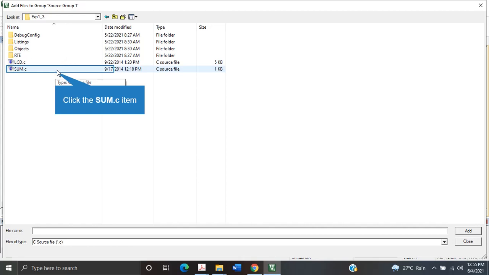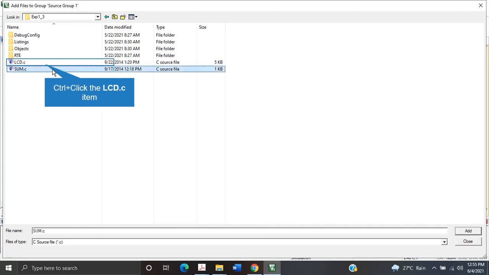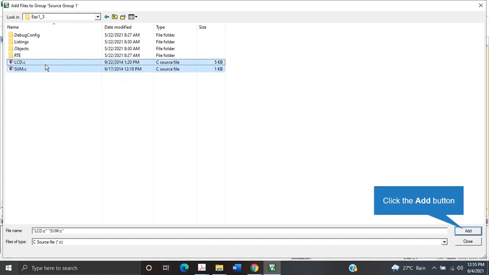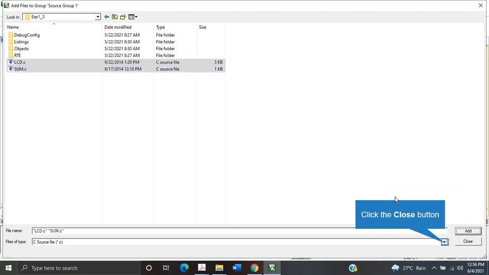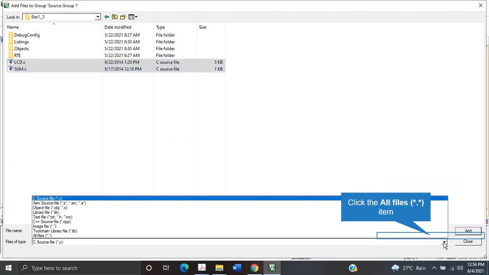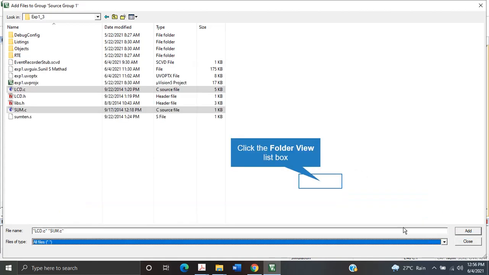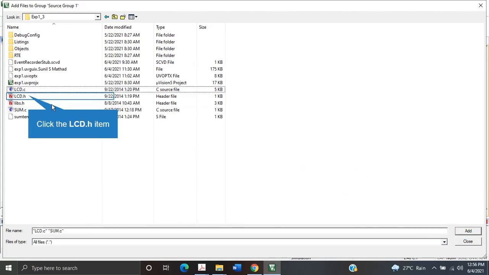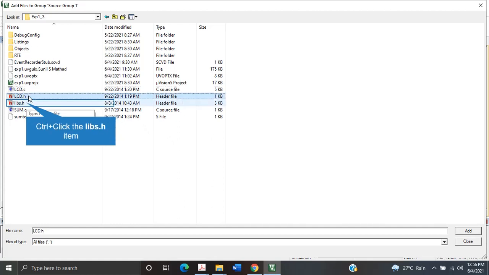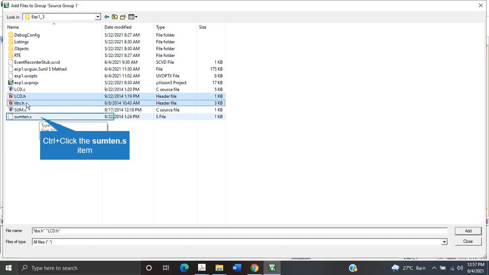sum.c, which includes the main file, and there is some LCD panel configuration that has been done, or the functions, because ultimately you want to display the sum onto the LCD, and hence I'm including LCD.c. We'll see that later part. So we'll add that, and there are dependencies for these files that have to be invariably added. Okay, what are the dependencies? LCD.c uses LCD.h, and LCD also includes some library files, libs.h. These are the header files written by the user.